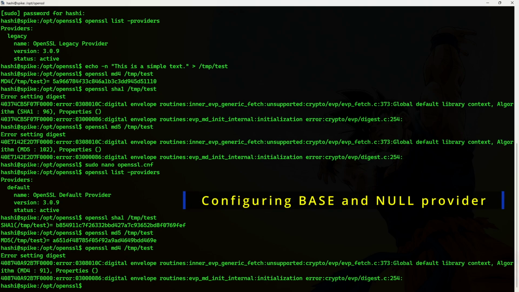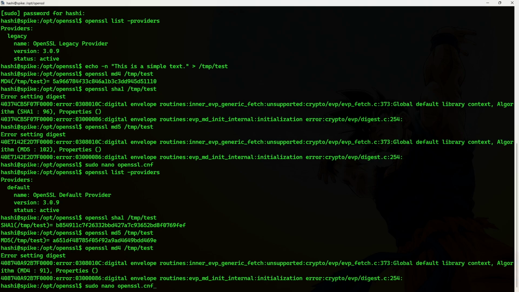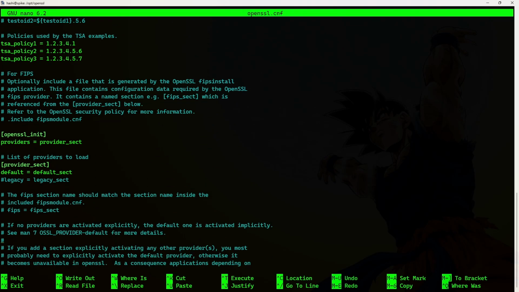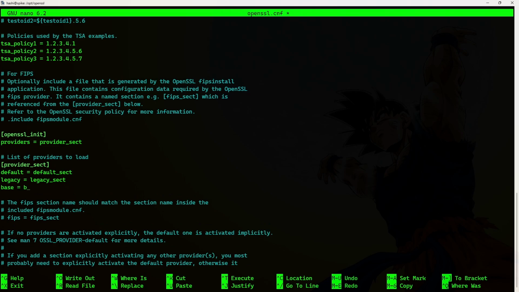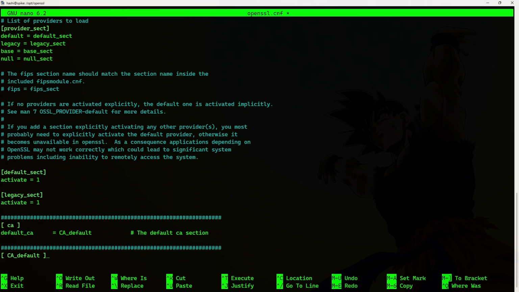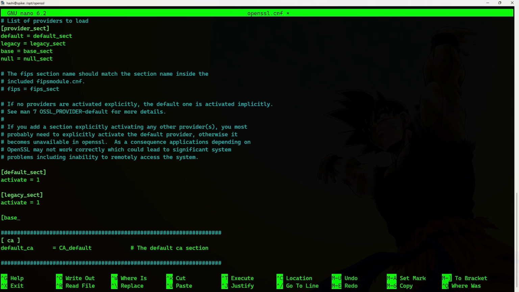The procedure to configure the base and null providers is the same. So all I need to do is sudo nano, go into openssl.cnf, and I'm going to configure all four providers. I'll show you how to configure the FIPS provider; I'll save that for the last. So default, legacy, base is equal to base_sect, null equal to null_sect. Okay, and so we have default_sect, legacy_sect, base_sect,